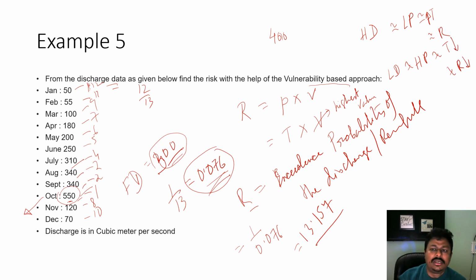So this is the normal logic. So always use the return period instead of probability while calculating the risk value of discharges, rainfalls, etc. Okay, so